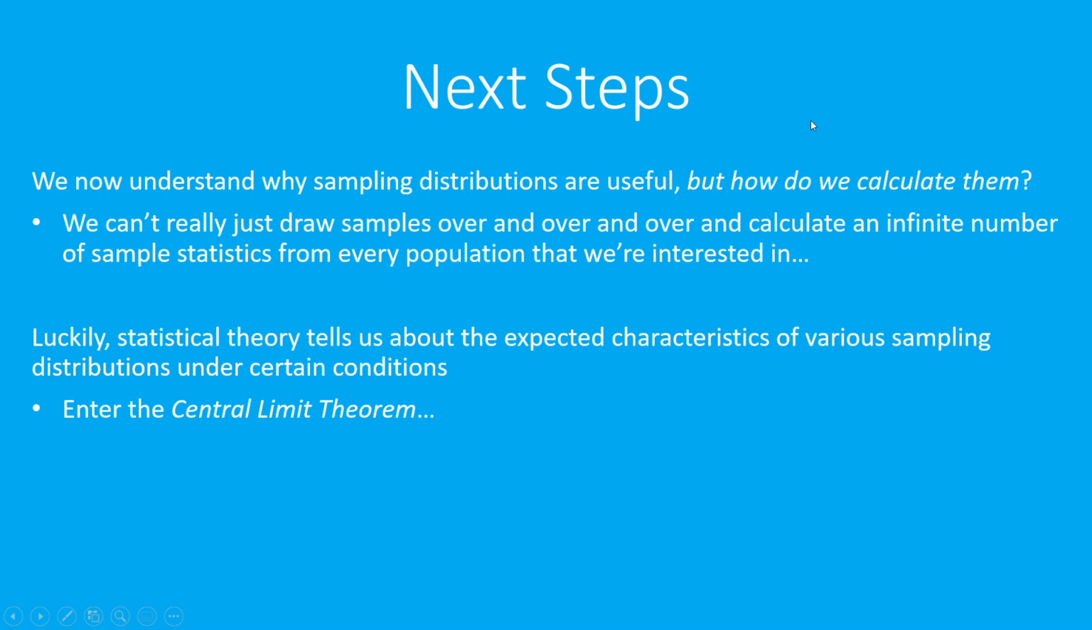And so we now understand why sampling distributions are useful, but how do we calculate them? We can't really just draw samples over and over and over and over again and calculate an infinite number of sample statistics from every single population that we're interested in. But luckily for us, statistical theory tells us about the expected characteristics of various sampling distributions under certain conditions. In other words, statistical theory tells us about the characteristics we might expect to see for a distribution of sample statistics under certain conditions. And so the next video is going to talk about one critical theory, and that is